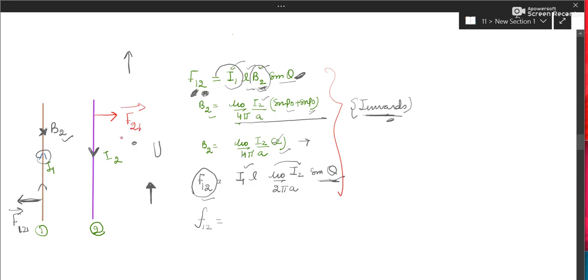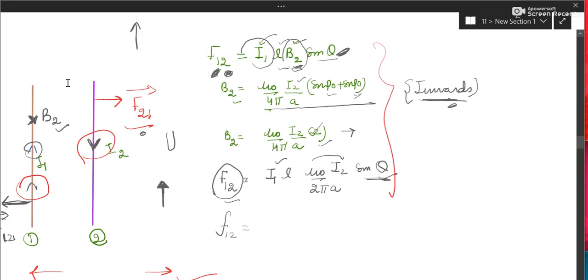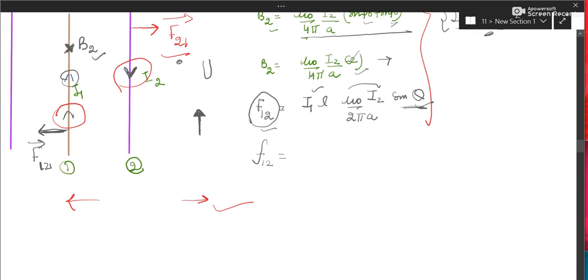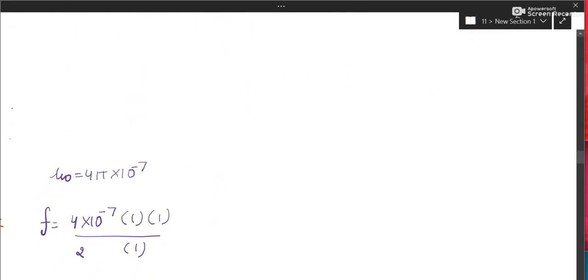So they will repel. You can see the forces are directed away from each other. So if they carry current in opposite direction, they will repel each other. When they carry current in same direction, they attract each other. Do this very nicely. One case will come in exam, either of carrying current in same direction or opposite. So the derivation will consist of two halves, F12 and F21.